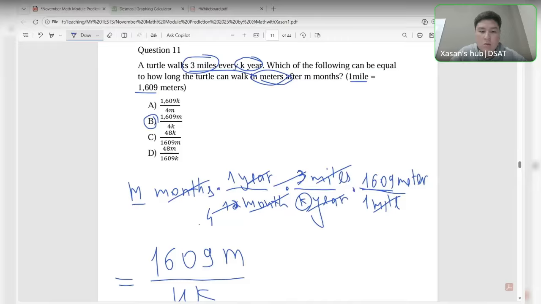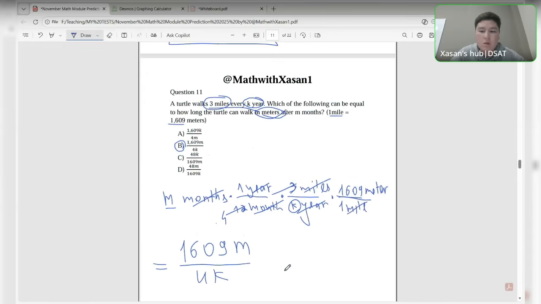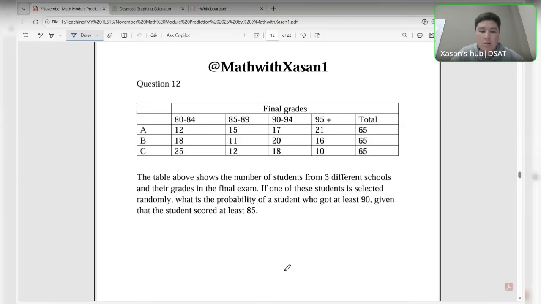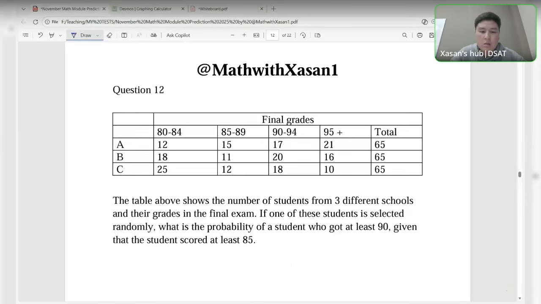No, not prediction, just a prediction. If we are solving with the time, not like 3 to 5 minutes each question, let's move on. I hope that was understandable and clear. Yeah, great. Question 12.